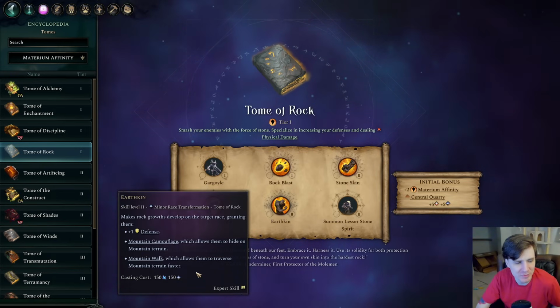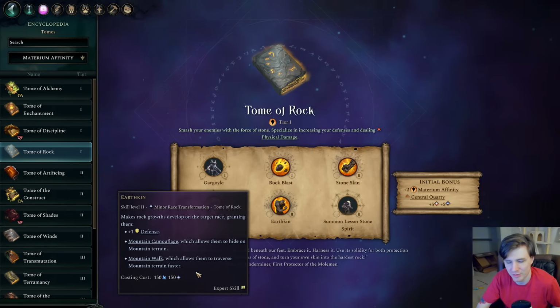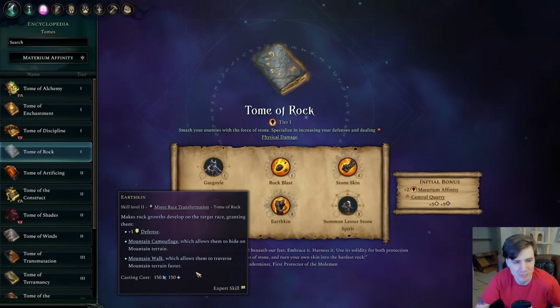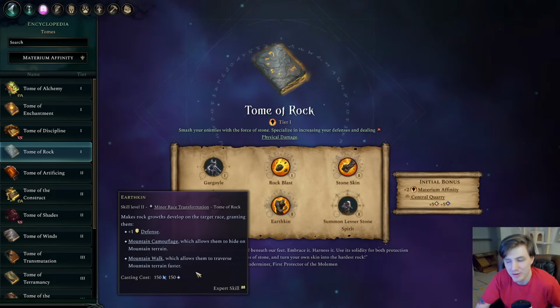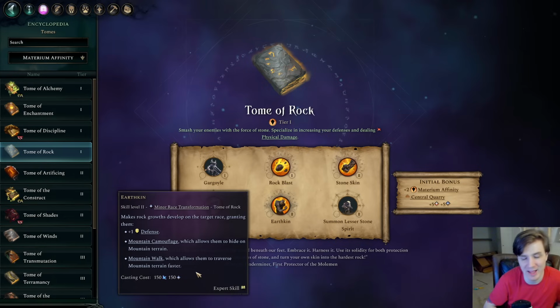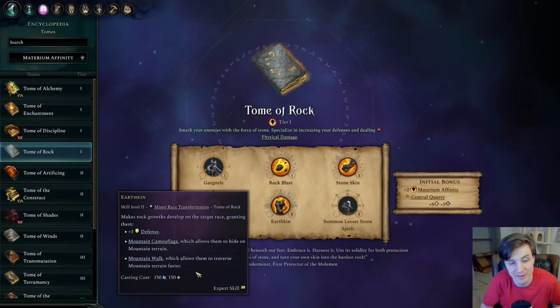But the mountain stuff is significantly less useful than you think, because it's not like you can settle in mountains. It just means your race can move across mountains. You can move across mountains much easier than other races, so maybe this is Hannibal's greatest strength right here, but